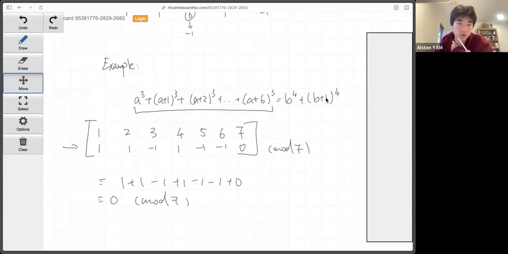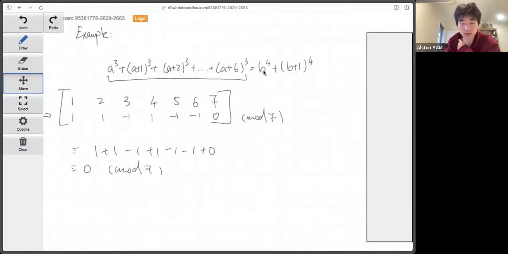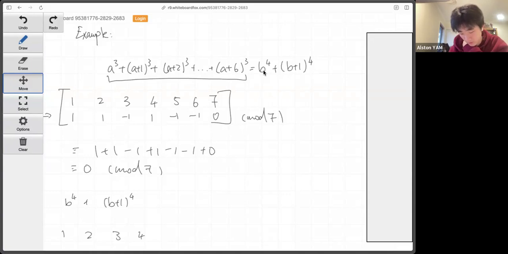Because we are trying to prove that there are no solutions to A and B that satisfy this. So let's look at the right-hand side in terms of mod 7. If we have B^4 plus (B plus 1)^4, let's analyze the fourth powers mod 7, right? So if we have 1, 2, 3, 4, 5, 6, and 7,